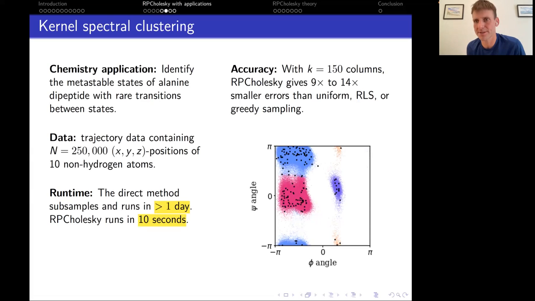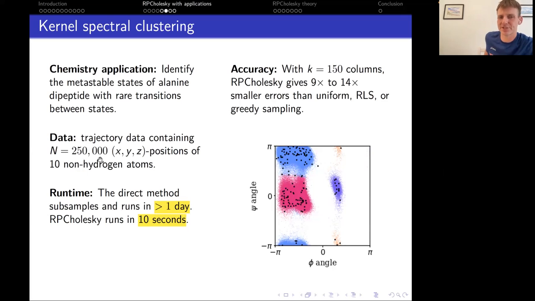Metastable states are the states that a protein stays in for a long time. And then there's rare transitions to a different state. These are important for understanding the dynamics of proteins and mini proteins and ultimately designing medicines to affect the functionality of proteins. The data comes from trajectory data from Monte Carlo sampling, molecular dynamic sampling of the protein system, containing